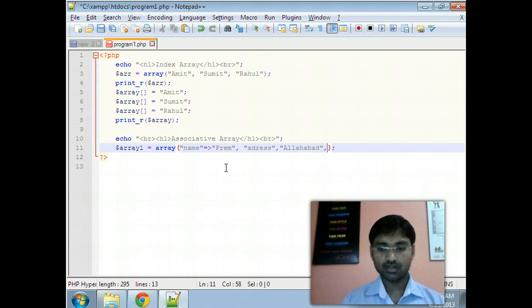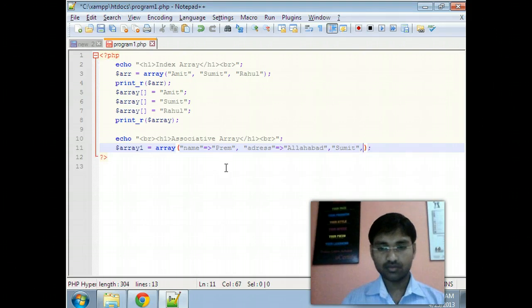Here we can also give the index value, like 0 can store Mohan. If we do not give any index, then it will directly take the values of 0 and 1 index sequentially.